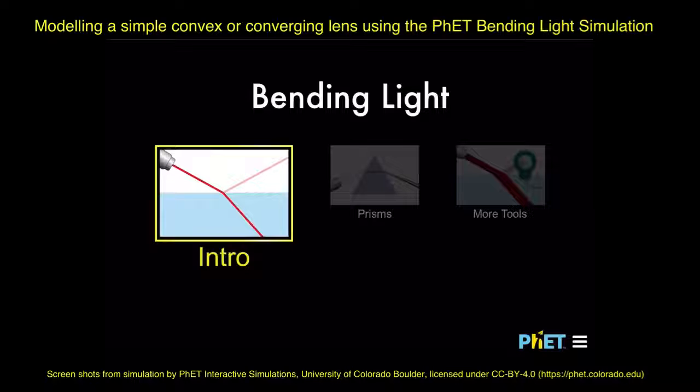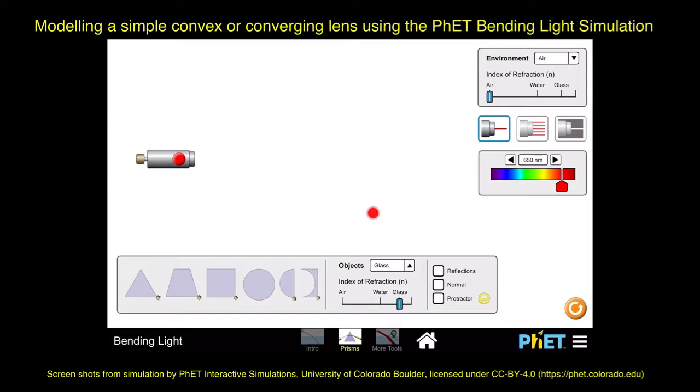In this video, we'll see how you can model a simple convex or converging lens using the PhET bending light simulation. The first thing to do is to launch the bending light simulation and choose prisms. Then you want to drag out this shaped prism, followed by the square prism, followed by this shaped prism again,